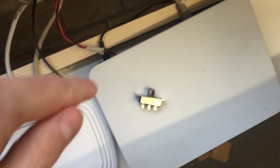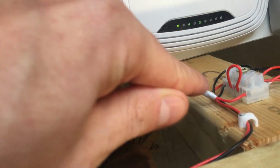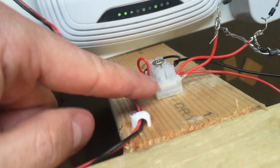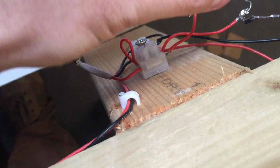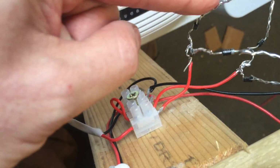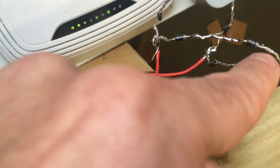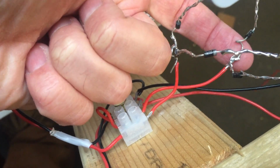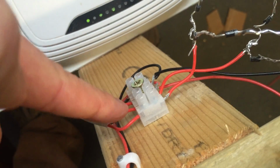So the DCC bus comes out the back of the Z21, and let's follow the red wire. So it goes into this terminal block, comes out, and it's connected to the diodes. So there's sort of two strands. All the diodes on this section are pointing one way, and then all the diodes on this section are pointing the other way. So you can see that after that it goes simply into the next one, and it just loops around just to continue it,